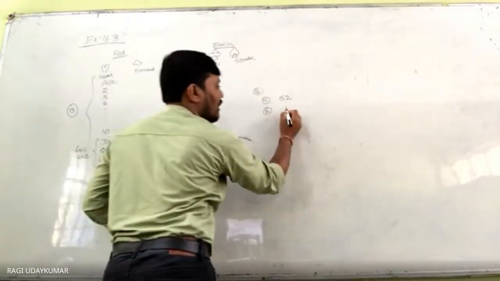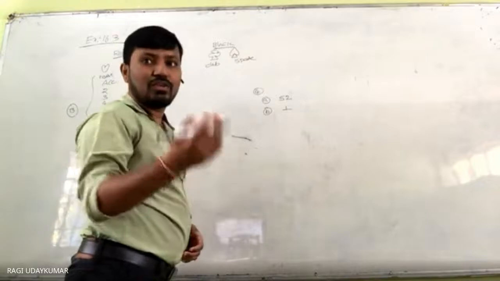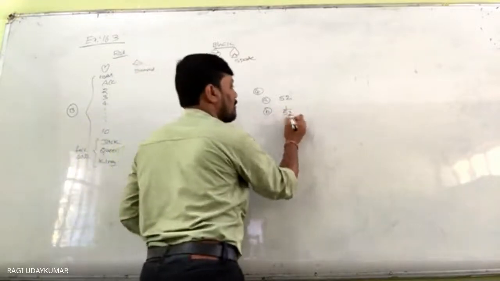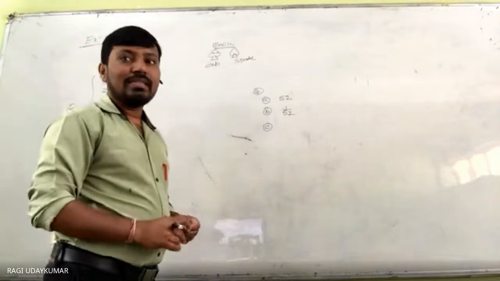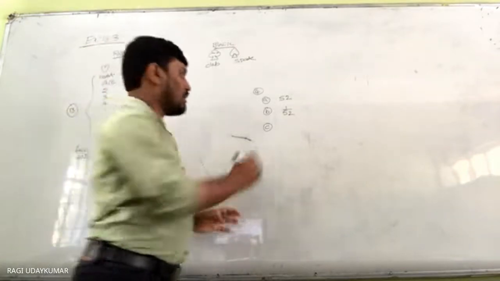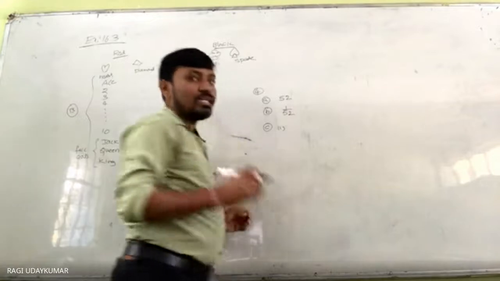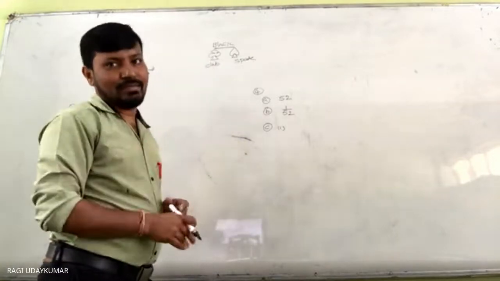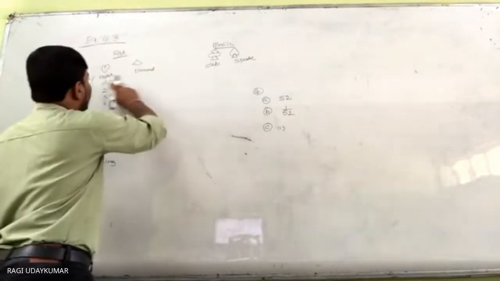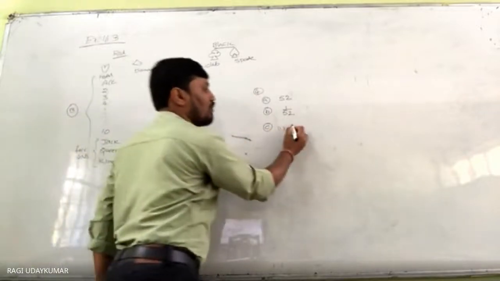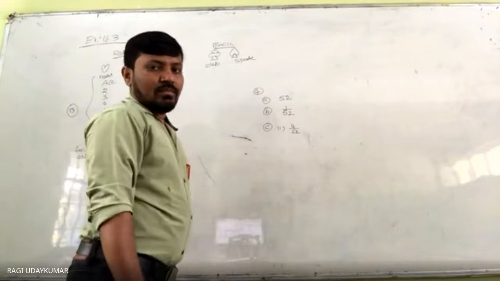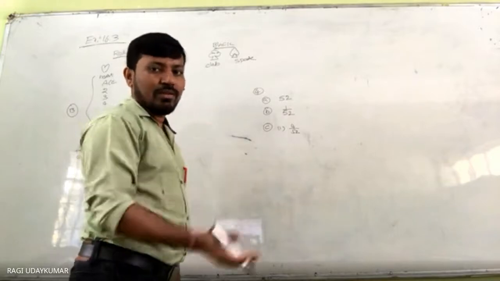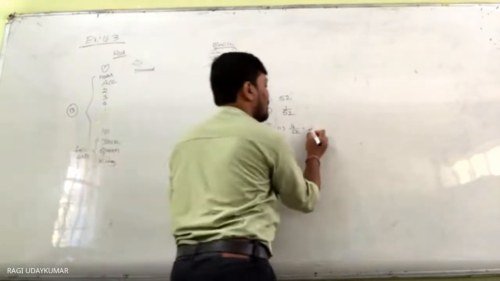In spade, there will be only one ace, so 1 out of total 52. So 1 by 52 is the probability. Calculate the probability that the card is an ace card. In the C question, first one, what is the probability of selecting an ace card? So how many aces will be there in total? 4. 4 out of 52, 4 by 52, which is nothing but 1 by 13.